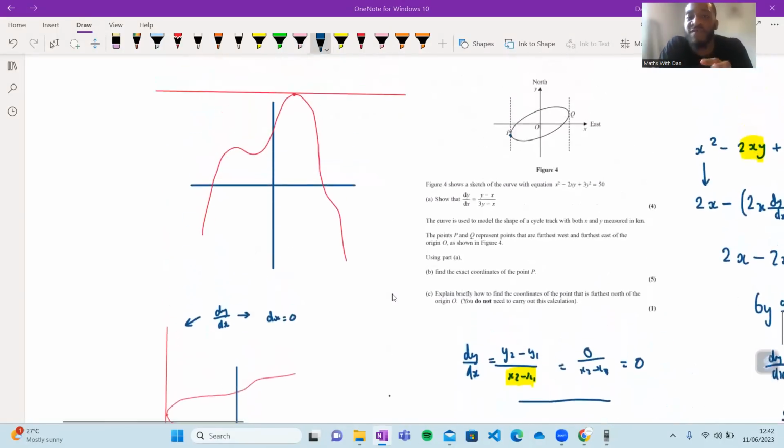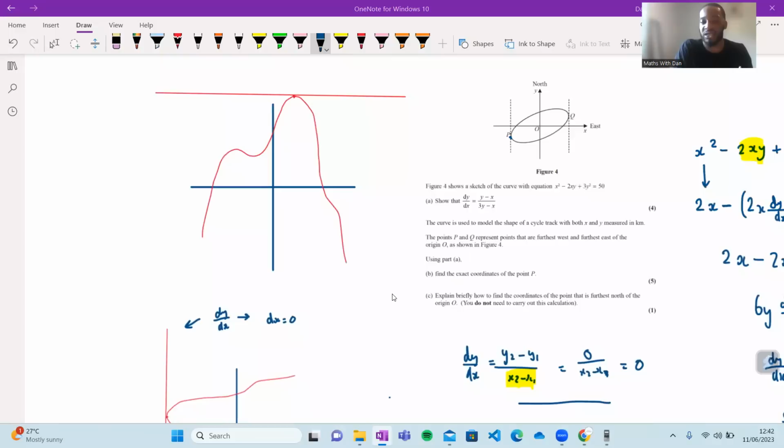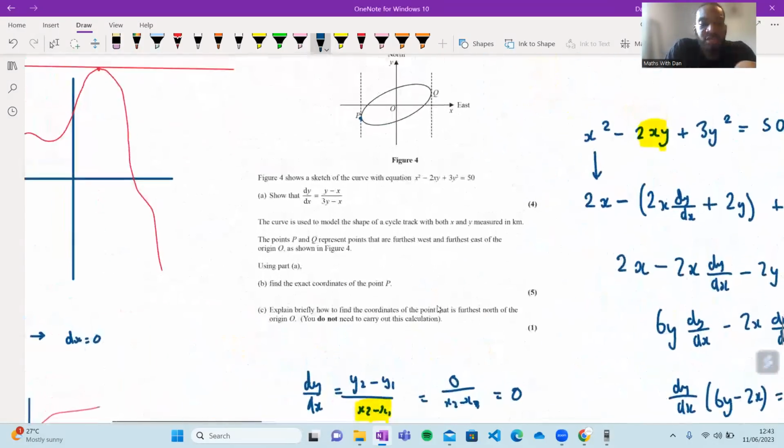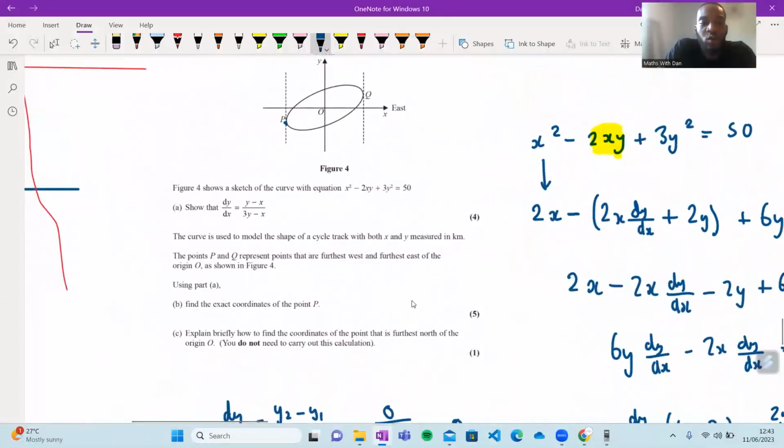This way, they contextualized it and they said furthest west, right? But sometimes they can just be a bit more algebraic and just say, for example, find the points where the tangent line is parallel to the y-axis, which will mean a vertical tangent too. Okay. And then for 1 mark, it says explain briefly how to find the coordinates of the point